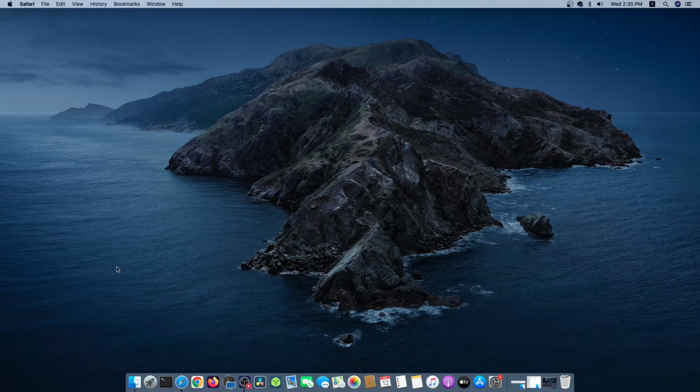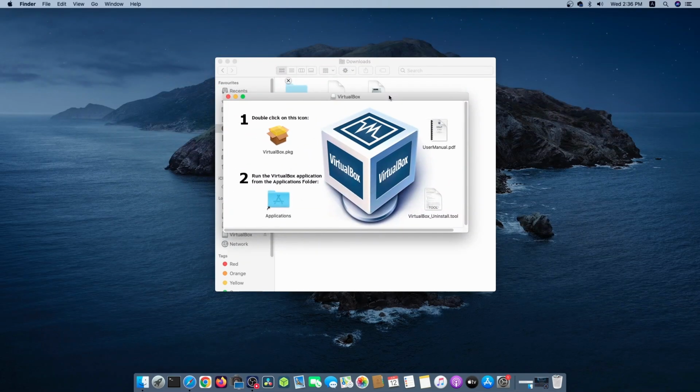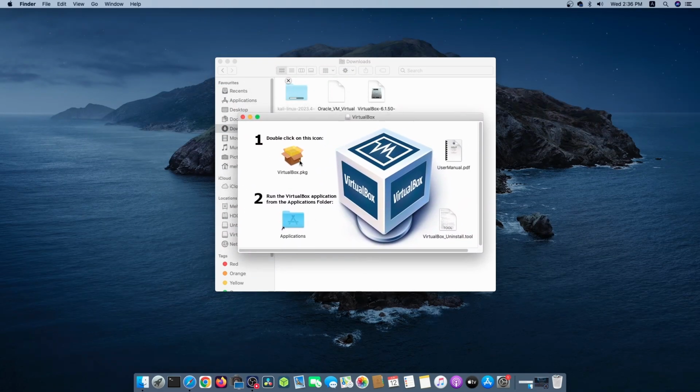Now if I open my downloads folder, here you can see we have three files: VirtualBox DMG file, Oracle VirtualBox extension pack, and the Kali Linux virtual image. Now first, you have to install the VirtualBox. So click on VirtualBox DMG file and open it. Then you will get this type of VirtualBox pop-up. Double click on virtualbox.pkg file